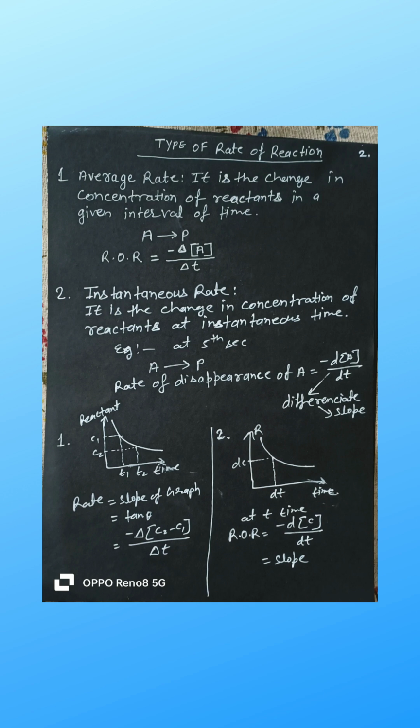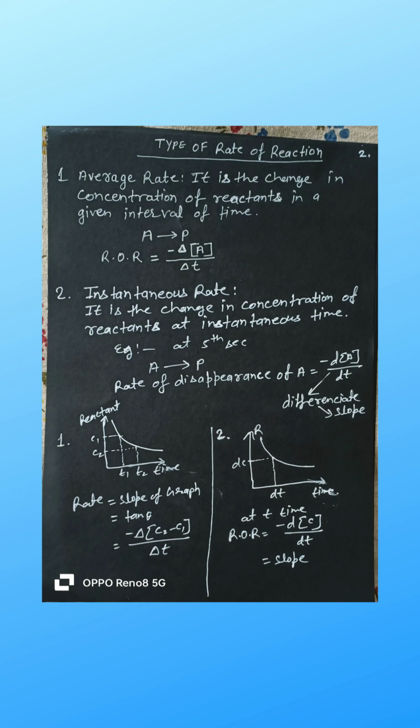Since the concentration of reactant decreases, the change comes out to be negative. But rate is always taken as positive. So, a minus sign is used for reactant. For product, we do not use minus sign because its concentration increases. Simply understand, reactant decreases, product increases, sign is adjusted accordingly.